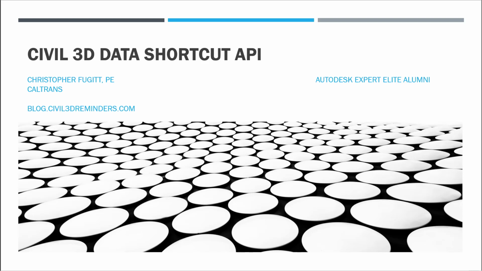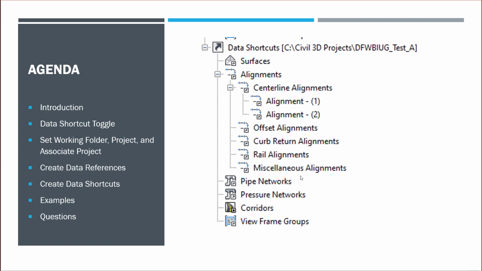This is about the Civil 3D Data Shortcut API and provides some example code on how to use it, and then some examples of commands that have been created to utilize the Data Shortcut API. In this talk, we'll go over the introduction about what I'm going to talk about,